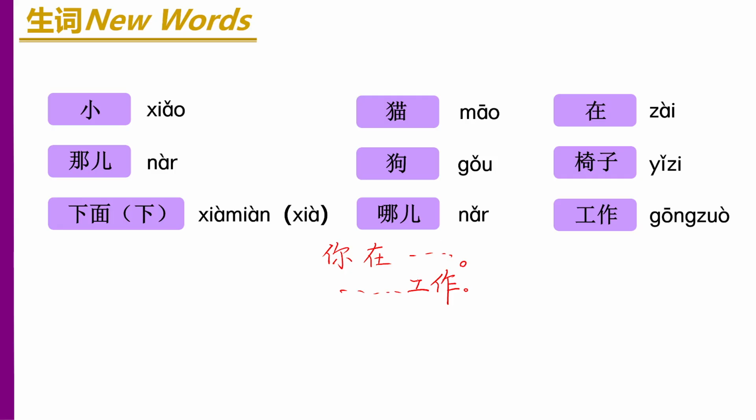So in Chinese a lot of words can have different functions. So here we can say 你做什么工作？ So here, what job? What do you do as a job? What job do you do? 你做什么工作？